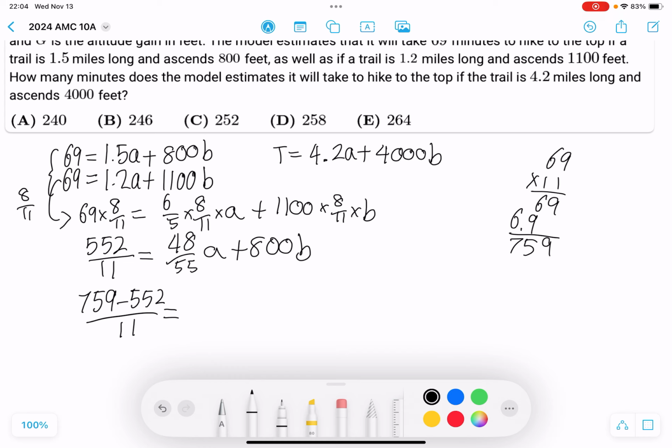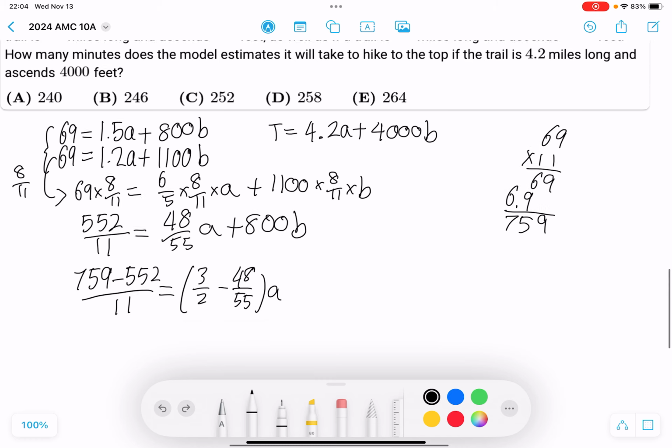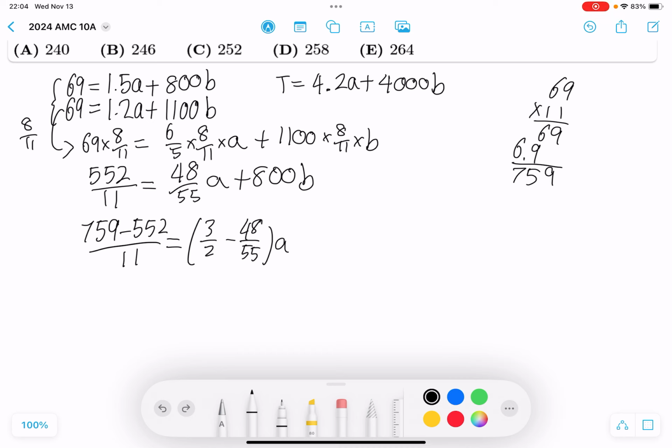So that last part is just nothing. Now you can evaluate this for A. So A is going to be 759 minus 552, that is 207 over 11,